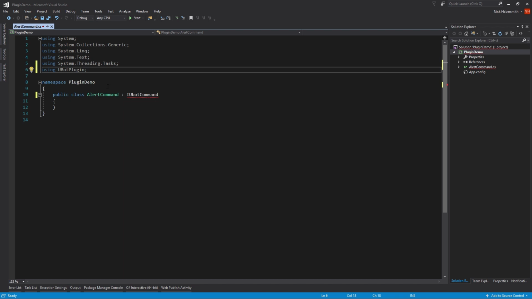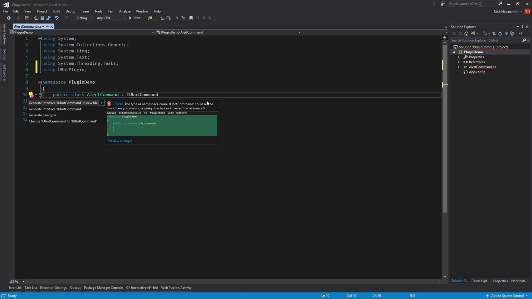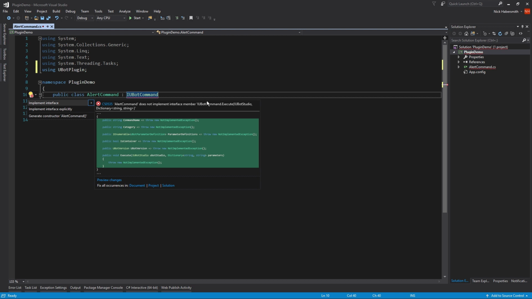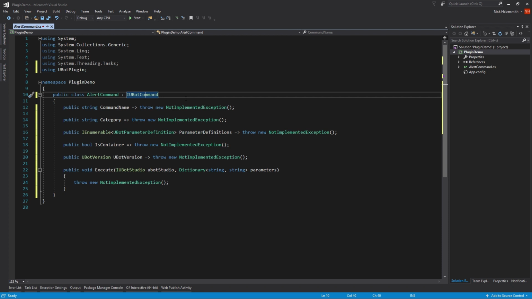And now it's still got the red squiggly. The reason it's got this red squiggly is because we haven't implemented the interface yet. So we need to come up here, hit control dot, and did I spell that wrong? Okay, I guess we have to change it. Did I spell that wrong? Oh, I did. Okay, my capitalization was off. So there we go. Once we get past that, we need to implement the interface now. So we can just control dot and hit enter,